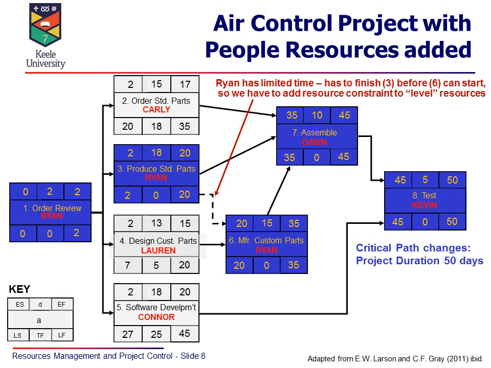The first diagram we showed without the constraint included was 45, but when you take into account the constraints, we suddenly find that the actual overall time to complete the project is 50 days. And you might also notice that the critical path has now changed: the critical path is now 1, 3, 6, 7, 8. So just to add a little bit more detail, often in a project, this is why we need to take into account the resource constraints, and we can represent that on the activity on node diagram,